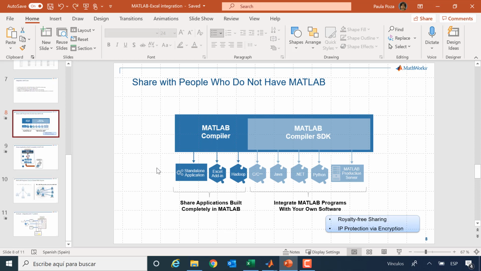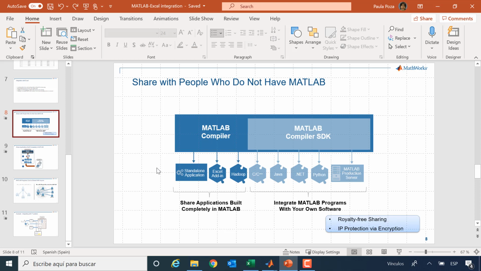The idea here is we have our algorithms, MATLAB algorithms, .m, .mlx, and we'll be using our MATLAB Compiler products to convert those MATLAB files into something else. It could be a .exe, it could be a C DLL, it could be Java, .NET, etc. In our case, for Excel, which is what we care about in this talk, we're going to concentrate on the fact that we can convert those MATLAB files into Excel add-ins or into .ctf files. And we'll see in a minute how we're going to use that.